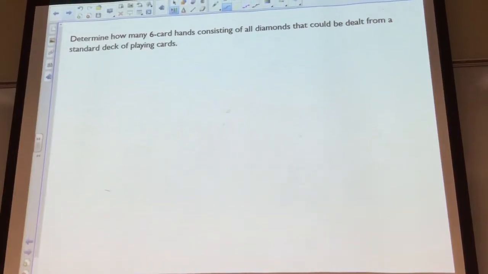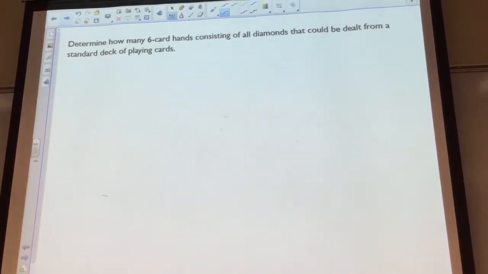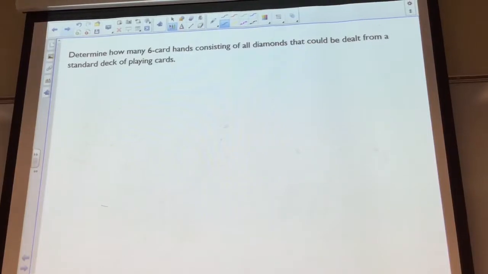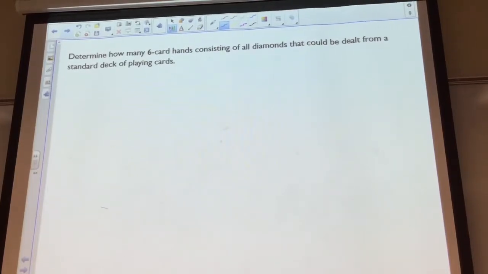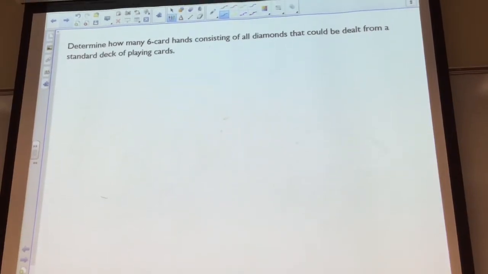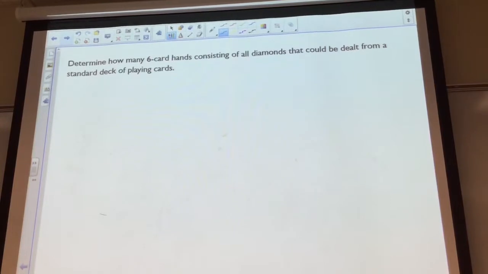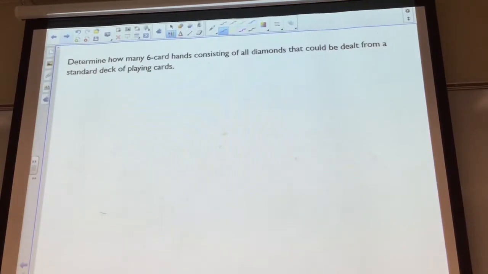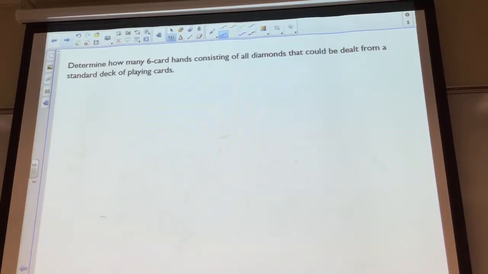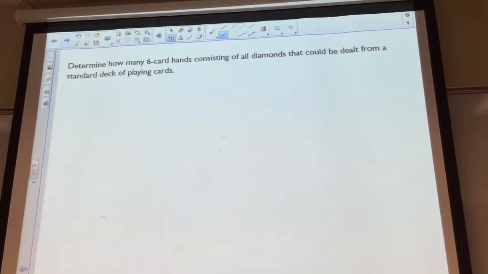Consisting of all diamonds could be dealt from a standard deck of playing cards. Oh yeah, we'll remind you what a standard deck of playing cards is. It'll either be written on the test paper, or this will be a pop-up where you will be reminded that there are 4 suits, 13 cards in each suit, 2 suits are red, 2 suits are black, suit names are blah, blah, blah, number of numbered cards, number of face cards, and so on down the line. So you'll be given all the dynamics of the exercise,